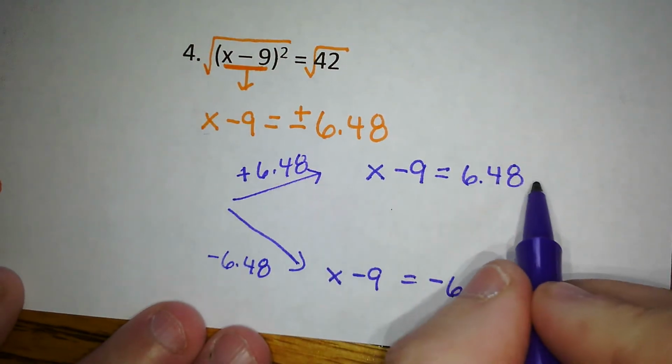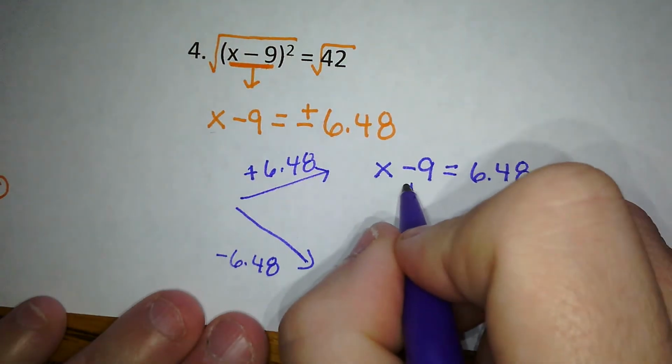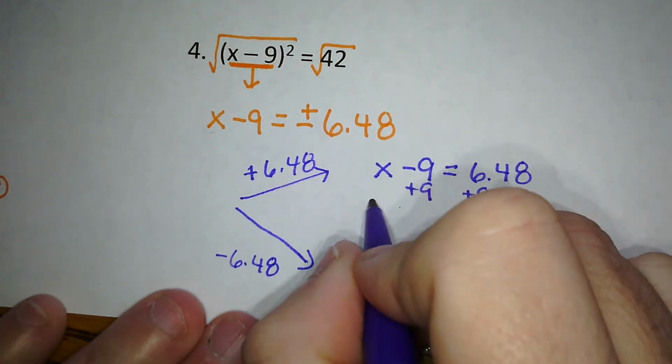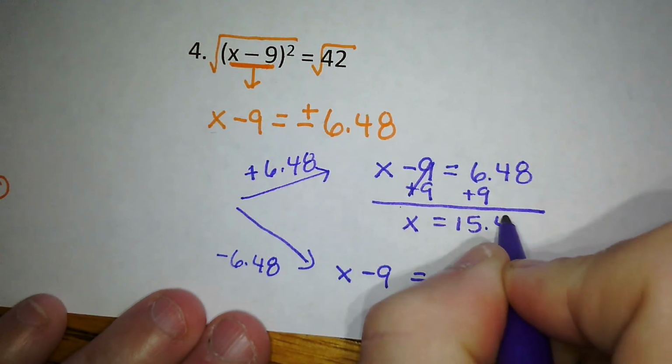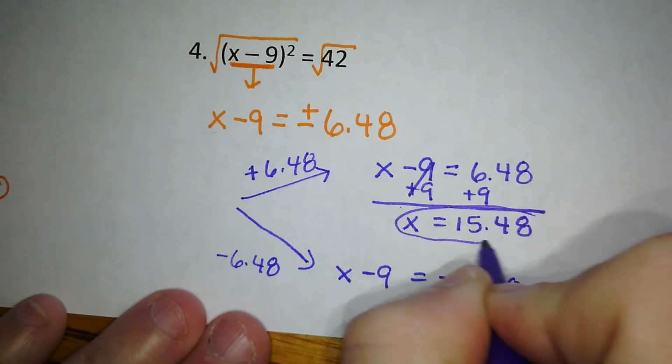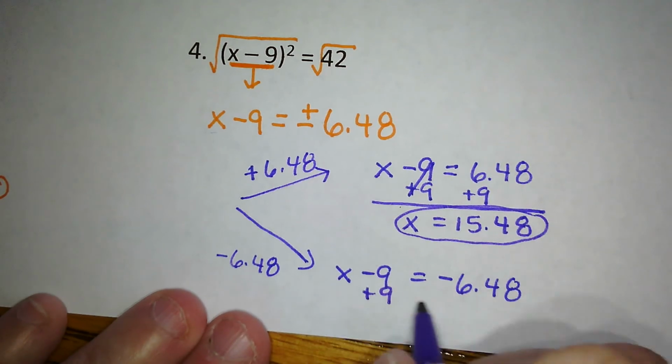And again, what we're going to do to solve for this is we're going to add 9 to this side. And this is going to give us 15.48 as a solution. And when I add 9 to this side,